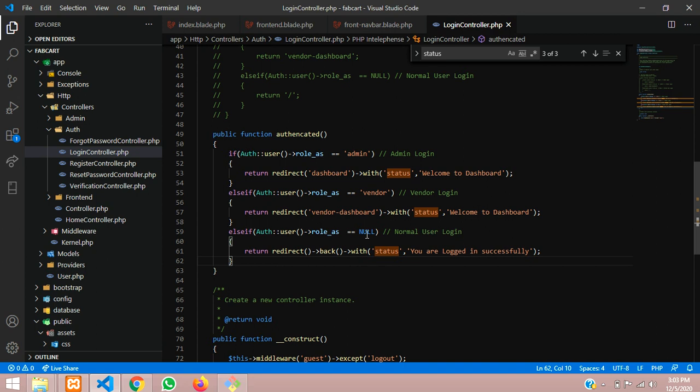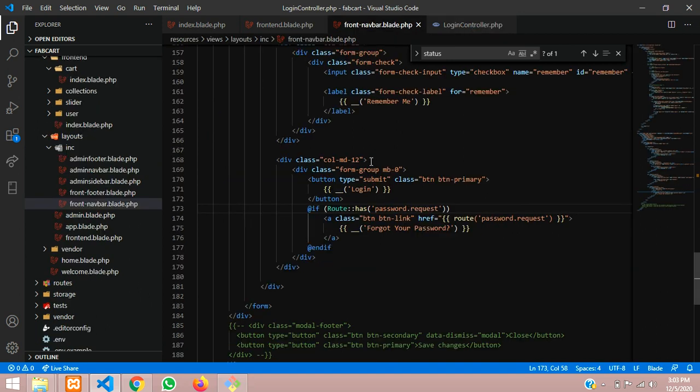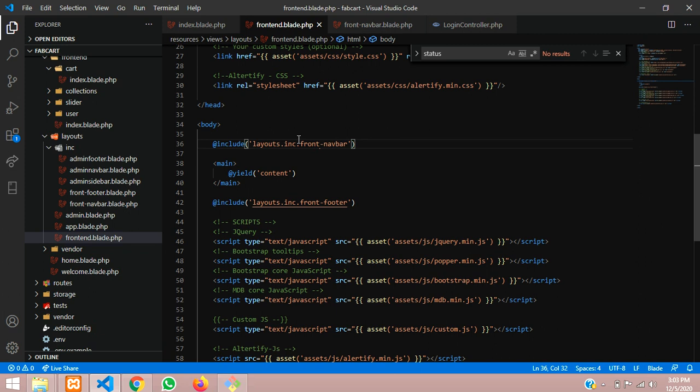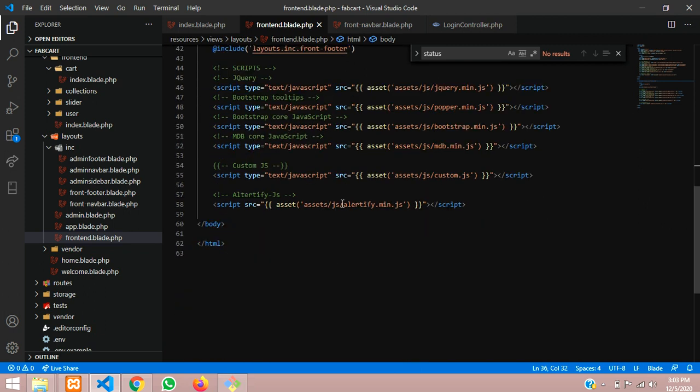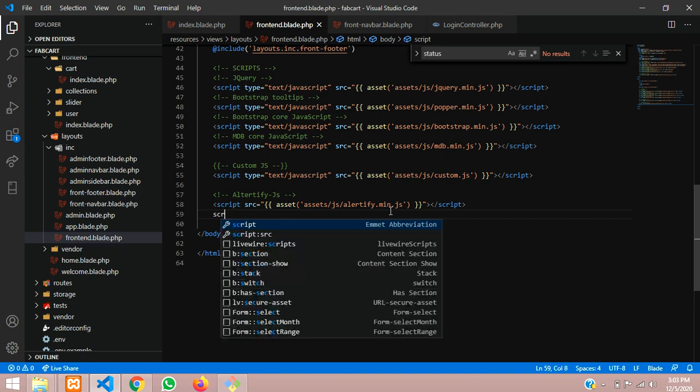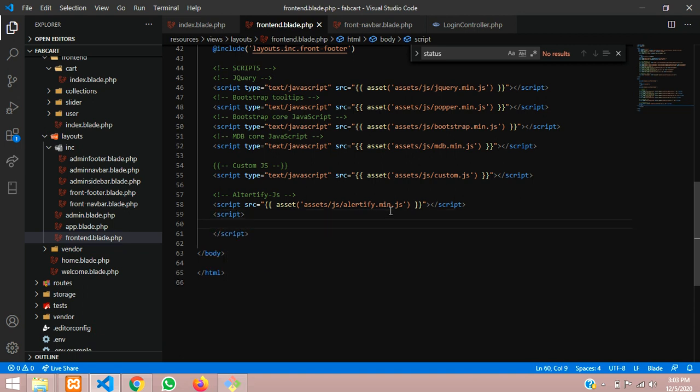So we will call that alertify in this. So now as you can see your navbar over here, not in the navbar, let's move to our layout file. Okay, so this is the layout. Over here you're using alertify, right? So over here only we will use that alertify to display the message. Okay, so if you don't know how to use alertify, I have given the link in the description. You can follow that to see how to integrate alertify.